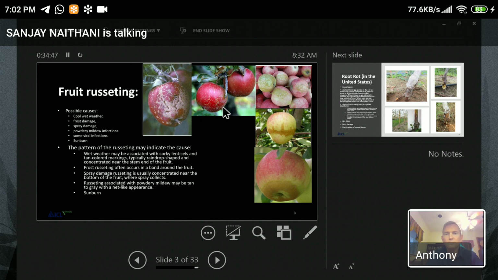Right. And the one in the middle, yeah, this one, that is due to frost injury, and frost injury typically will ring those fruit when you